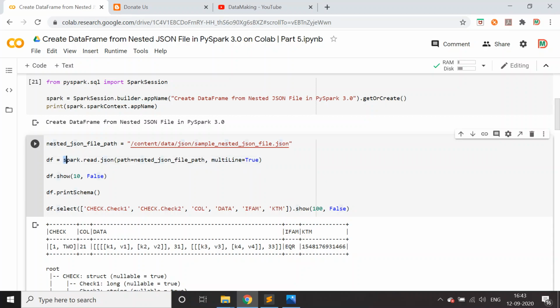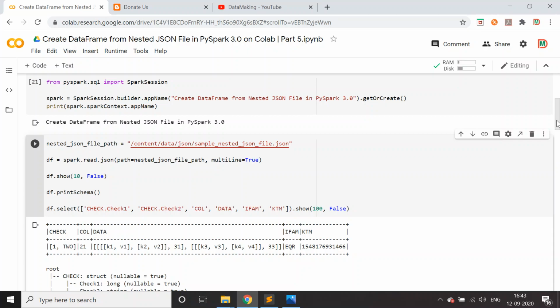As I mentioned, spark.read.json is the data source API for reading a JSON file. We're going to use the same, and we'll also print the schema once we read it. I will explain this line once I show you the output. I'm running this.